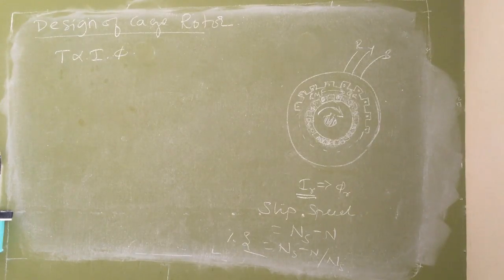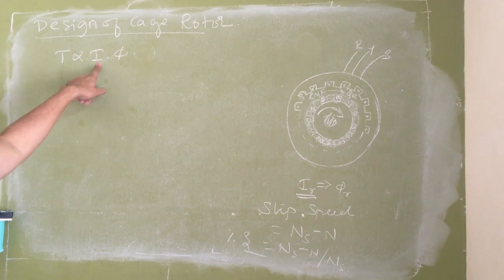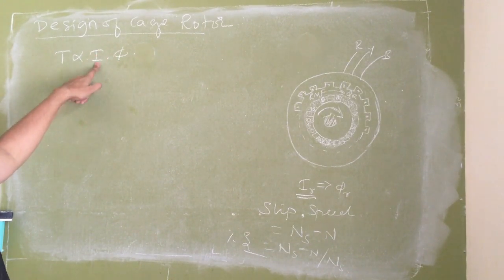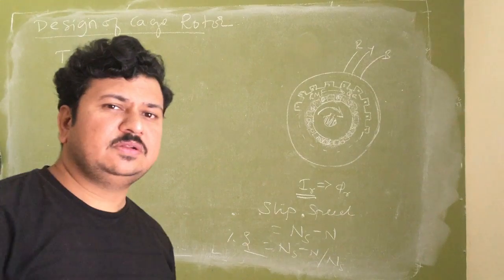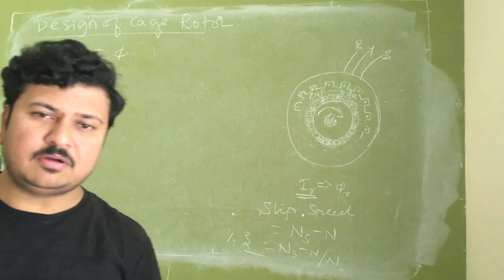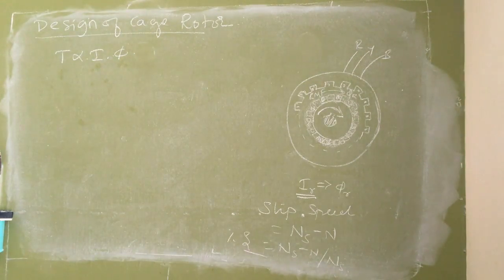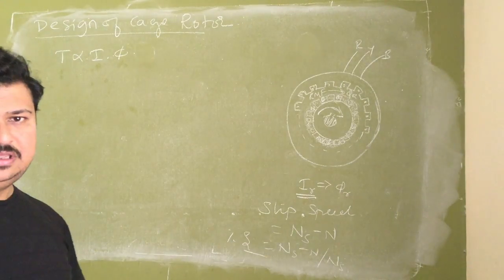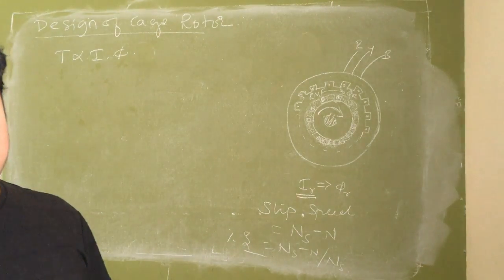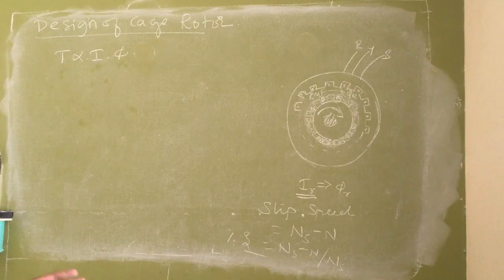But in an induction motor it is coupled flux. This flux phi is producing this current I. Therefore, to decouple the flux and current is very difficult in an induction motor. Hence, the induction motor becomes a little more complex to understand when compared to the DC motor. But we are not worried about understanding the induction motor in depth here. We are simply learning how the torque speed characteristics are, and how that characteristic gets modified due to the effect of slotting in the induction motor. That is all I want to understand here.